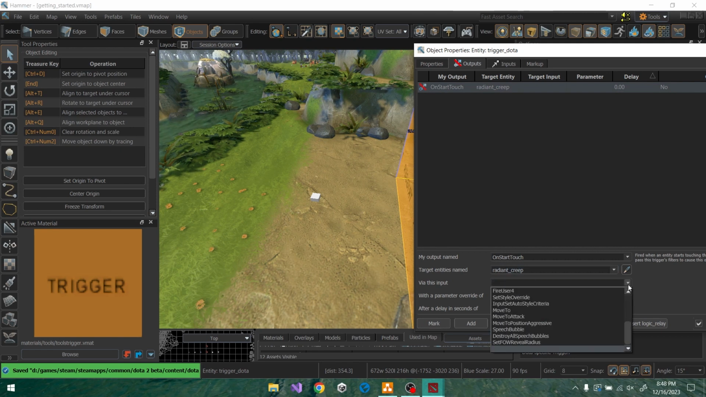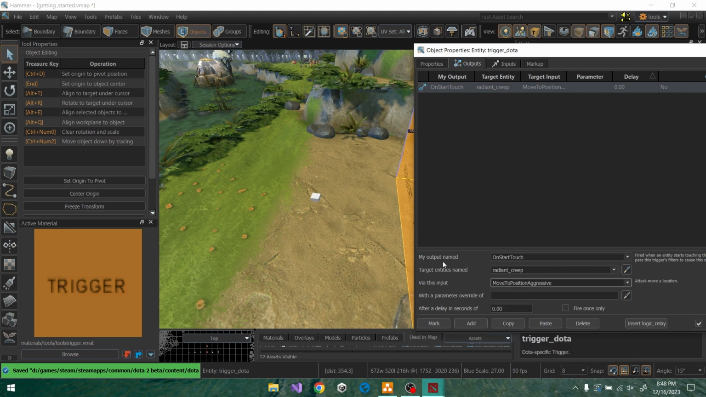Let's see what it has. It also has many inputs we can use, but to fit with our scenario, I want to use move to attack or move to position aggressive. You can use these two, but I'm going to use move to position aggressive. All right, so where to move to is the fourth parameter. We want a target entity. So in here, let's